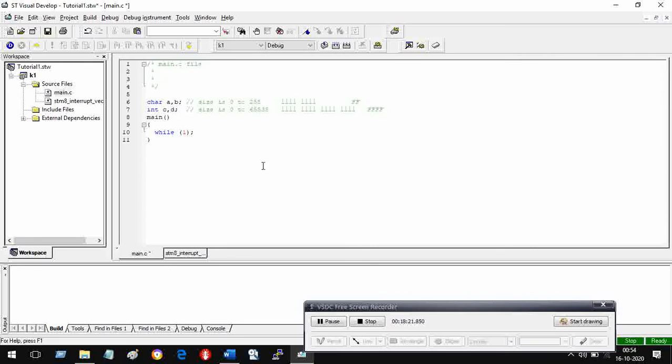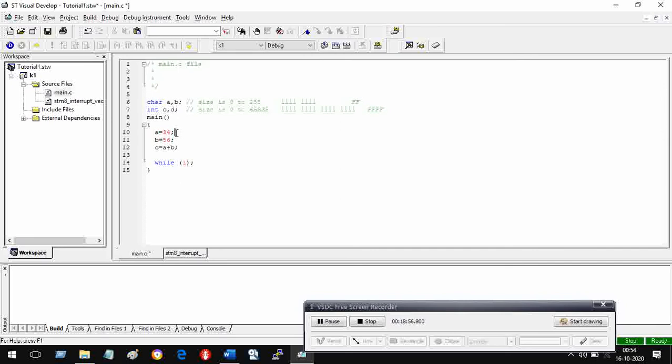Done? Now, what will I do with these variables? Let us do something with them. So say A is equal to 34, B is equal to 56, C is equal to A plus B. When you write these statements, you can see A equal to 34, then there has to be a semicolon.